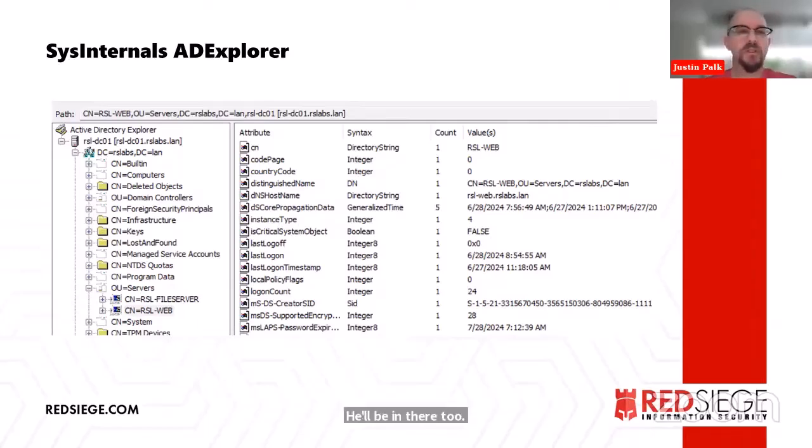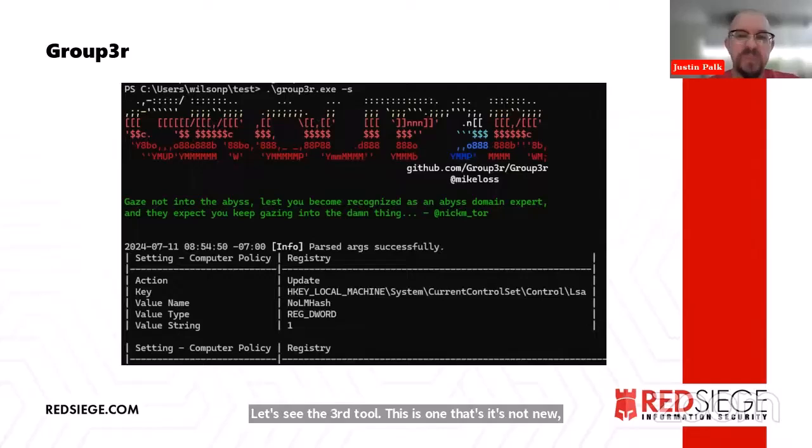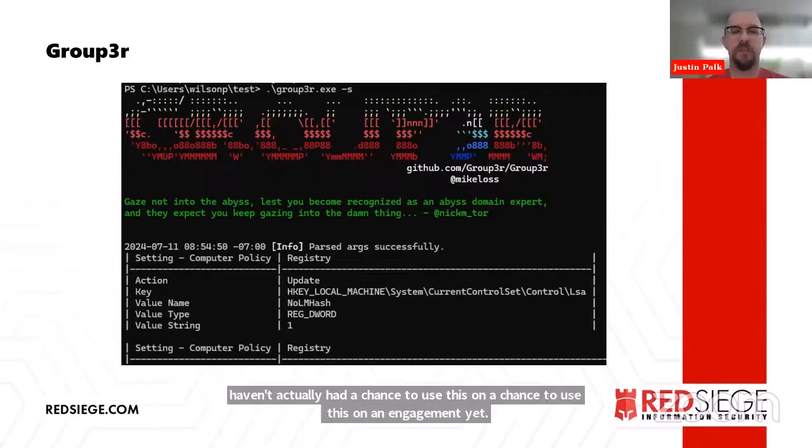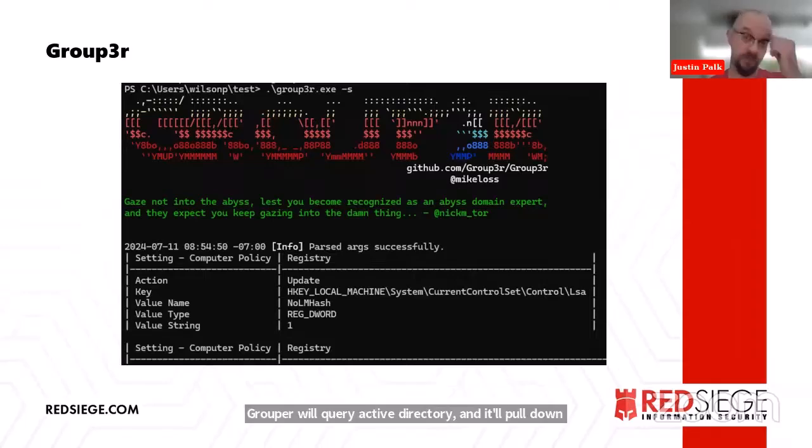So let's see, the third tool. This one's not new, but it's new to me. It's called Group3r. I haven't actually had a chance to use this on an engagement yet. But whereas BloodHound will build up a graph of all the relationships between things, Group3r will query Active Directory and pull down the GPOs and start looking through the GPOs themselves to see if there's anything interesting in there. Maybe there's a password attached to a